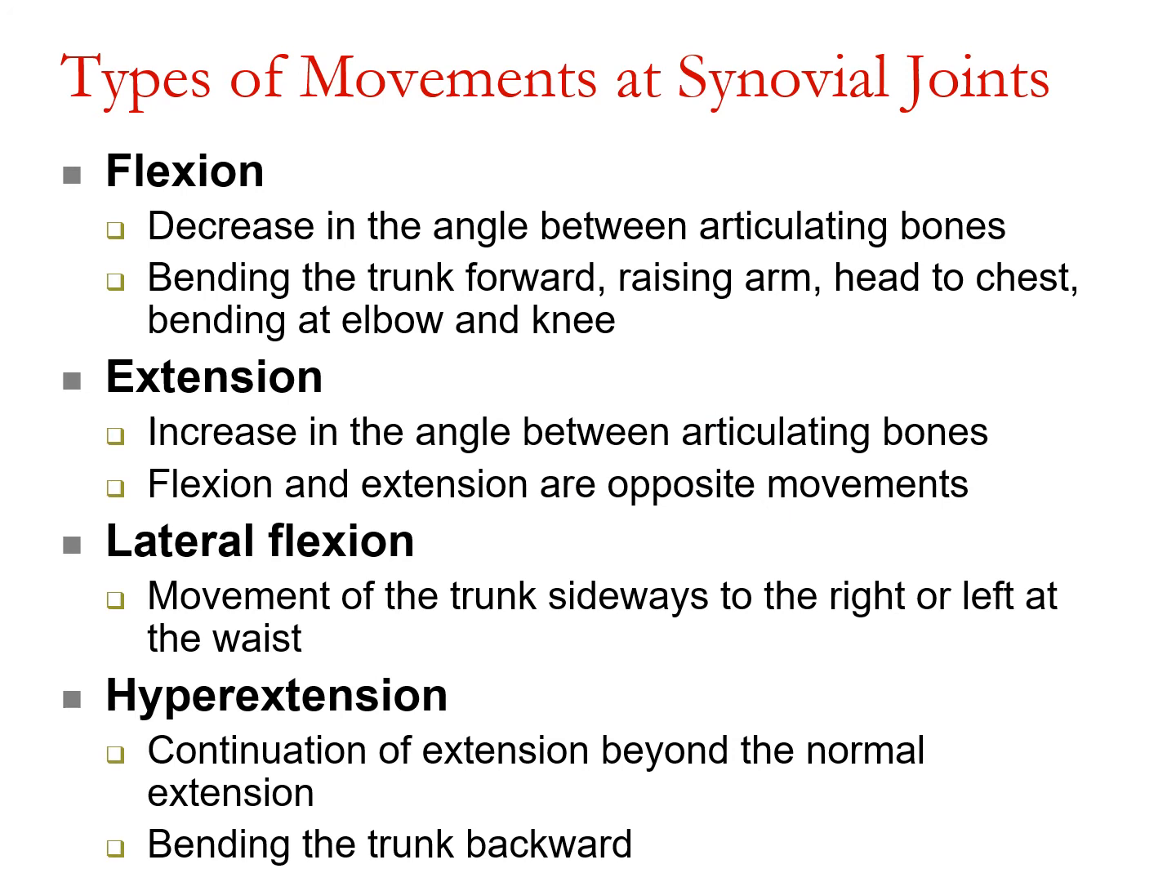Flexion and extension are opposite movements. In flexion, the bones are coming towards each other and there is a decrease in the angle at the joint. So think of bending when you think of flexion. We bend forward at the trunk. Flexion is also occurring when the head is bent towards the chest, or you can think about bending the elbows